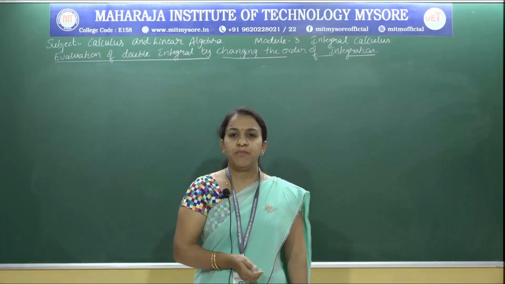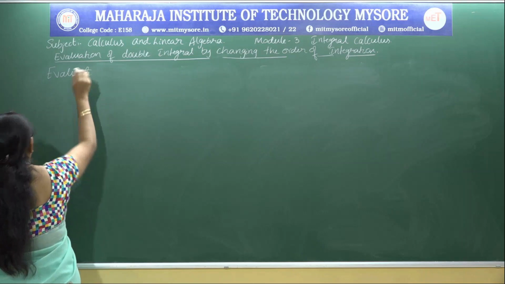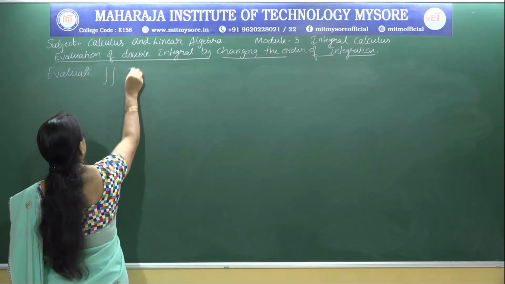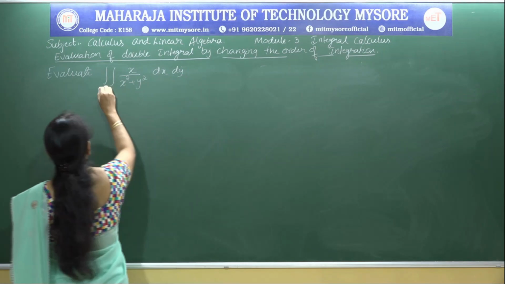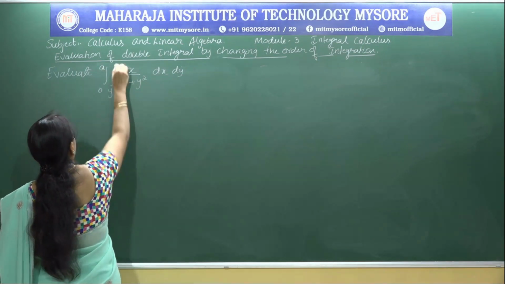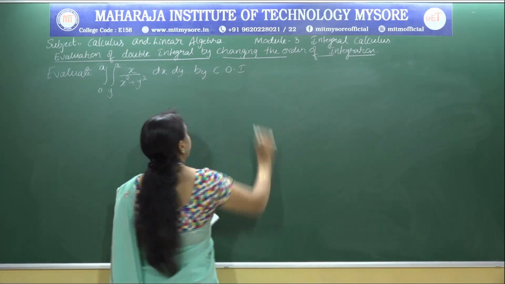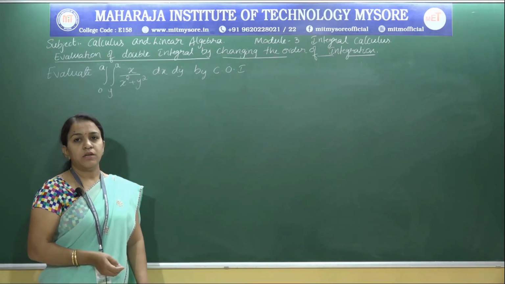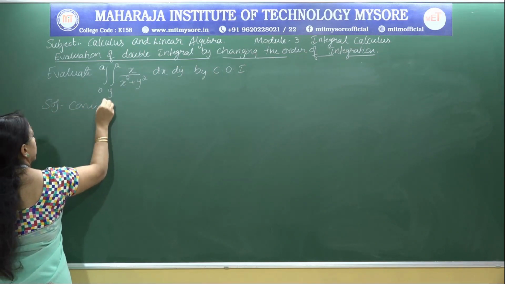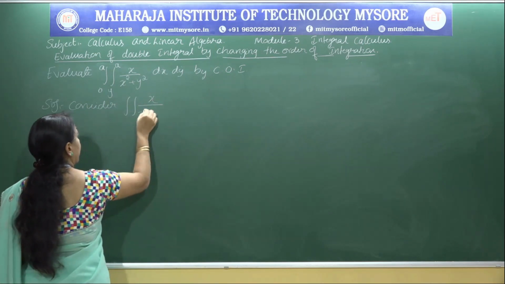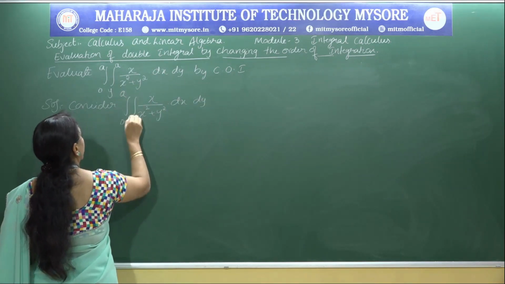Now, solve the next problem. Evaluate the double integral of x by x square plus y square dx dy between the limit 0 to a and y to a, by changing the order of integration. Consider the given double integral, x by x square plus y square dx dy between the limit 0 to a and y to